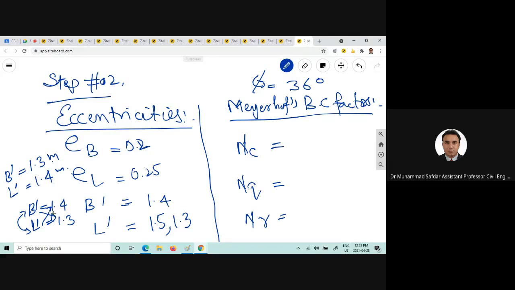अगर हमारे पास B prime in case छोटा आ जाए, छोटी वैल्यू आ जाती है, अगर B prime हमारे पास let's suppose 1.3 आ जाती तो फिर B prime 1.3 ही रहता। अगर हमारे पास L prime 1.4 आता तो वो बड़ी वैल्यू है, क्योंकि लेंथ ज्यादा होती है और विड्थ कम होती है, तो इस लिहाज से उसको हम स्वैप करते हैं या इंटरचेंज करते हैं।